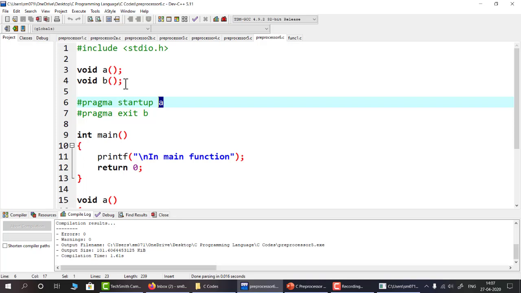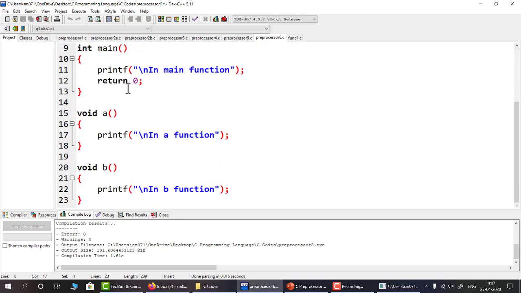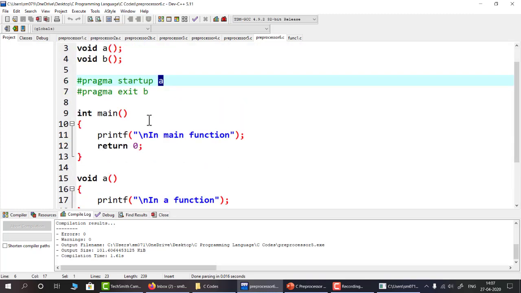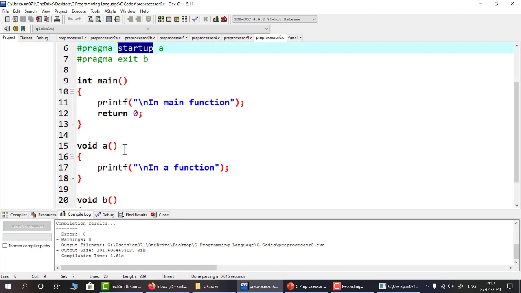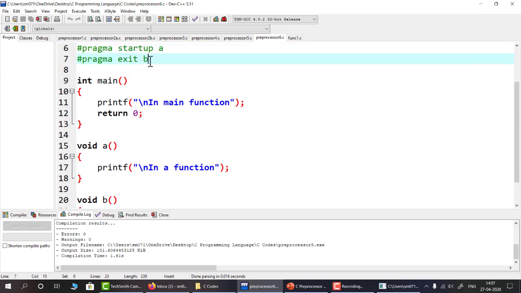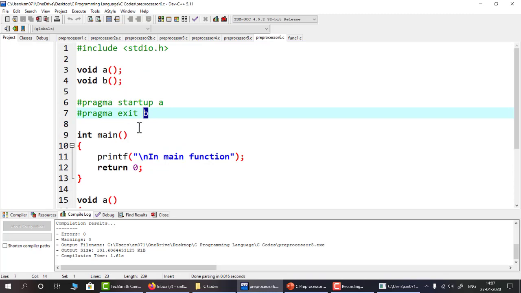Now what will happen over here? If you run this code in Turbo C, as we know that the main function is the first function called and executed, but in this case, as we are mentioning A as the startup function, A will be executed first, then the main function, and as we are mentioning B as the exit function, after main the B will be executed.